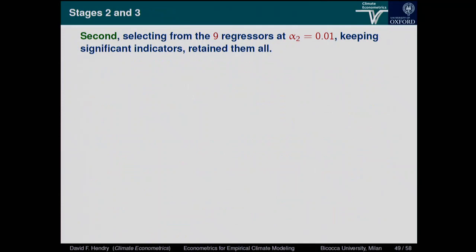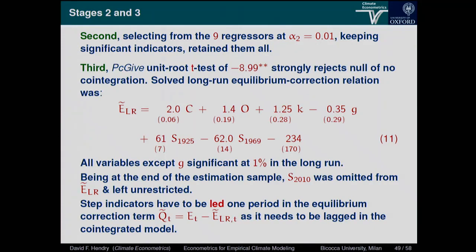So then we select over the variables, we keep them all, they're all significant. Then we do a unit root test on the equation. We can estimate the long run. The long run's interesting, it's a much better long run than previously. Roughly, emissions are twice times coal. That's roughly the CO2 content in pounds of CO2 per pound of coal. That's roughly the one for oil. These are then the roles of capital in GDP. GDP did come in significantly negative in levels. It's still negative, but it's completely insignificant.